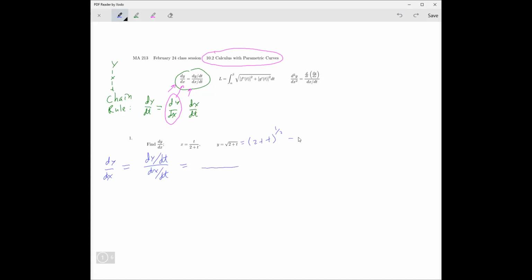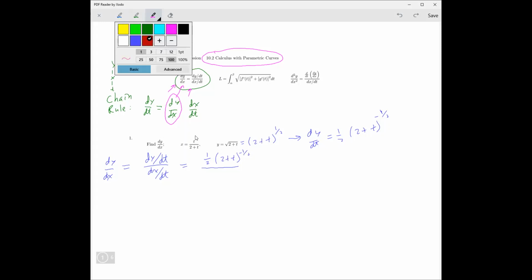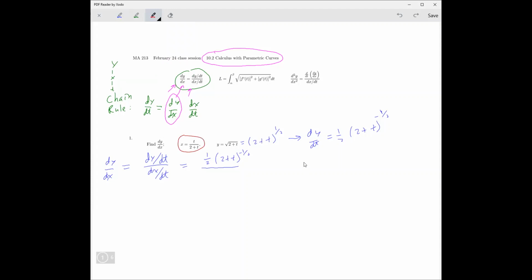And so then the dy dt is going to be, bring the 1/2 down. This reduces 1/2 minus 1 is negative 1/2, and the derivative inside is just 1, so that's just going to be 1. And so the numerator here is going to be 1/2 times 2 plus t to the negative 1/2. Okay, then let's take a look at this piece here. Okay, so dx dt,